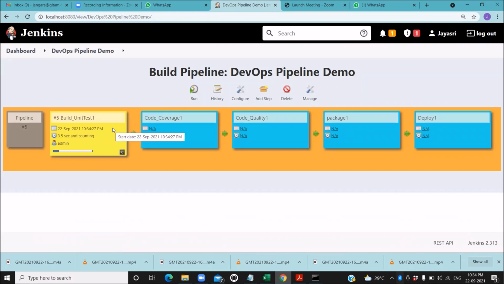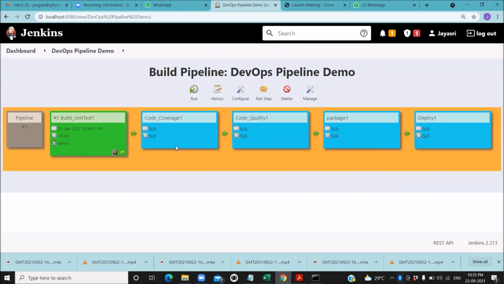So each and every action in that sequence only: build unit test, code coverage, code quality, package 1, deploy 1. One after the other, the jobs are going to get executed, because in this sequence, we kept all these jobs in the pipeline.